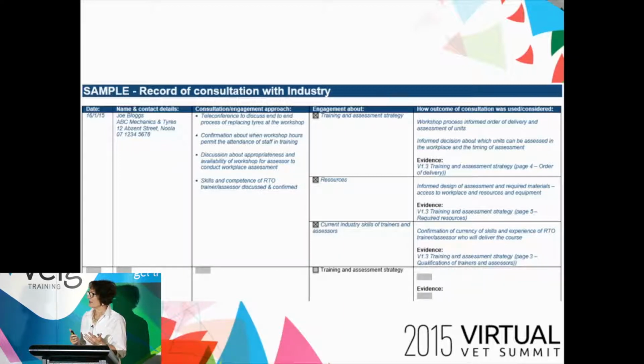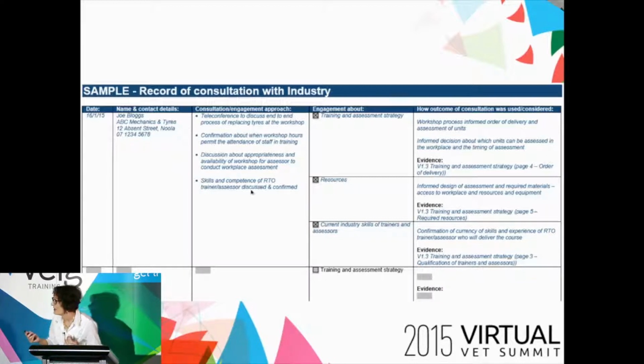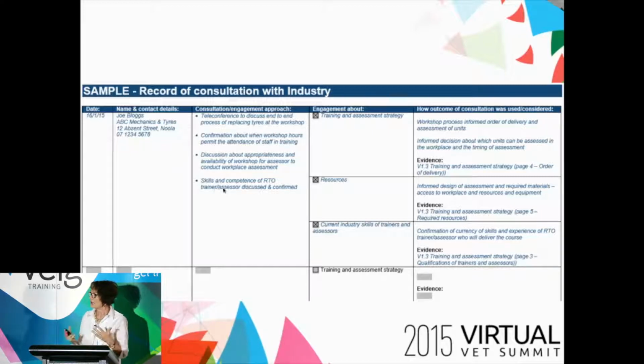And out of that, we really started to talk about a range of other things. We got some confirmation about the workshop hours for the attendance of staff in training, because we're doing some workplace training for existing staff. We had a discussion about the appropriateness and the availability of the workplace for the assessor. We talked about the skills and the competence of the trainer. So we covered off essentially the 3 main focus areas of the